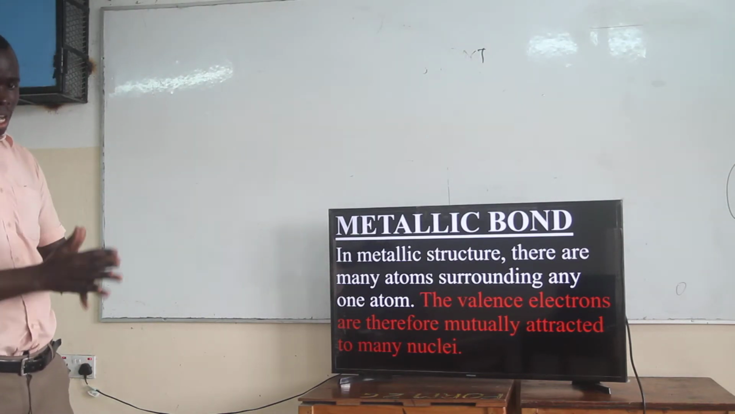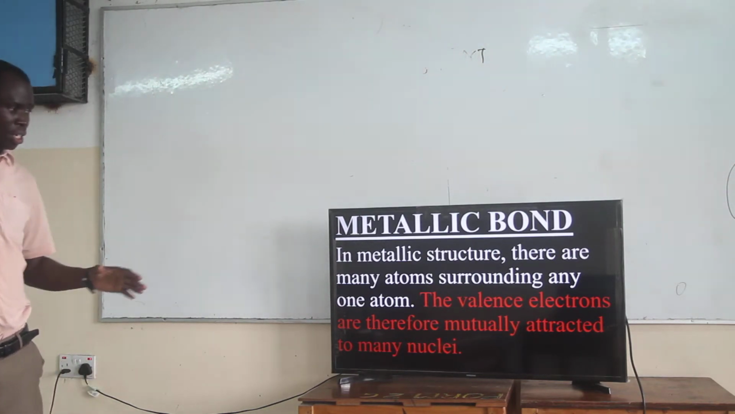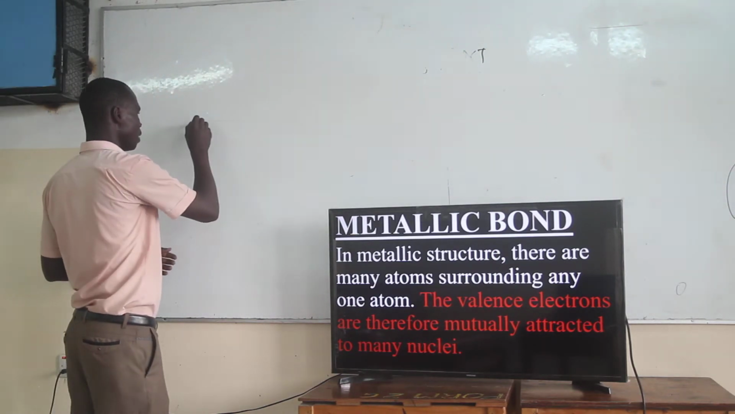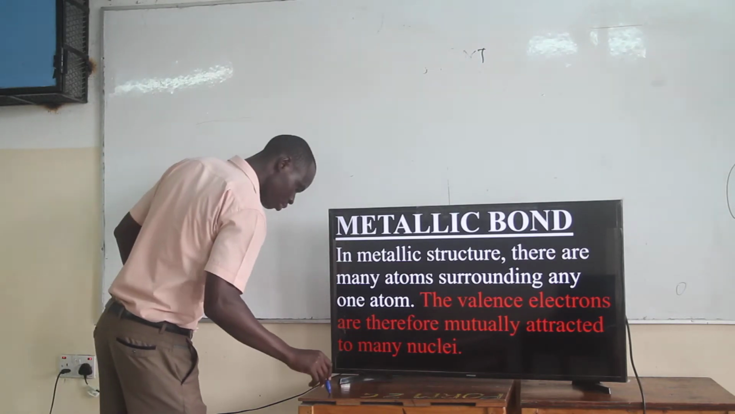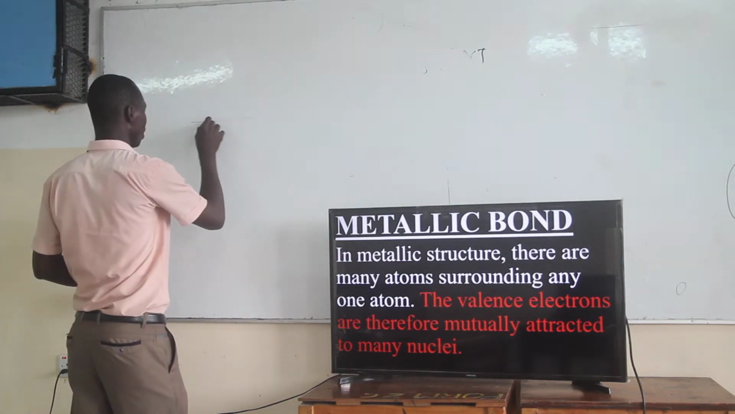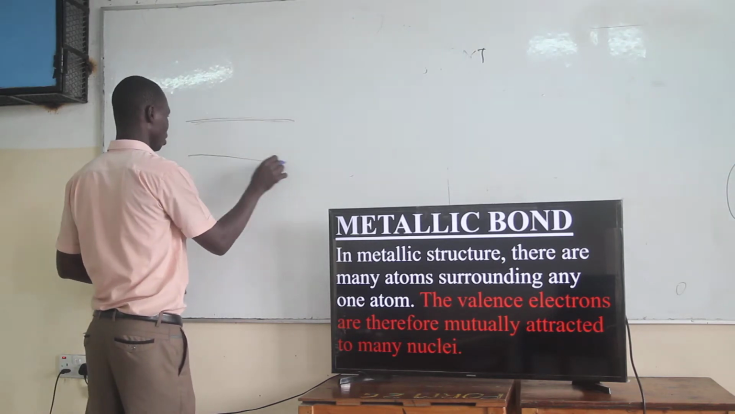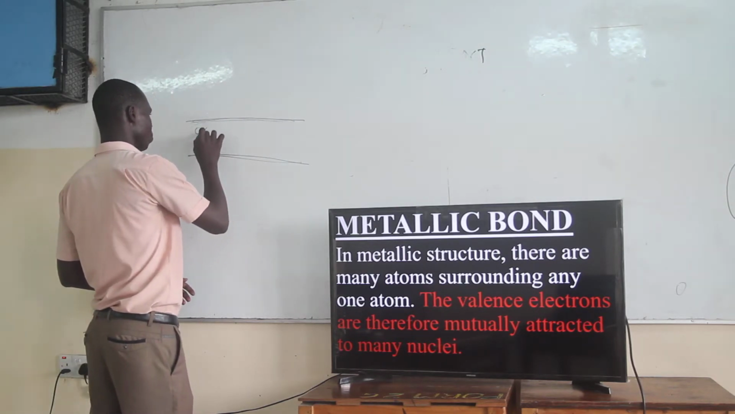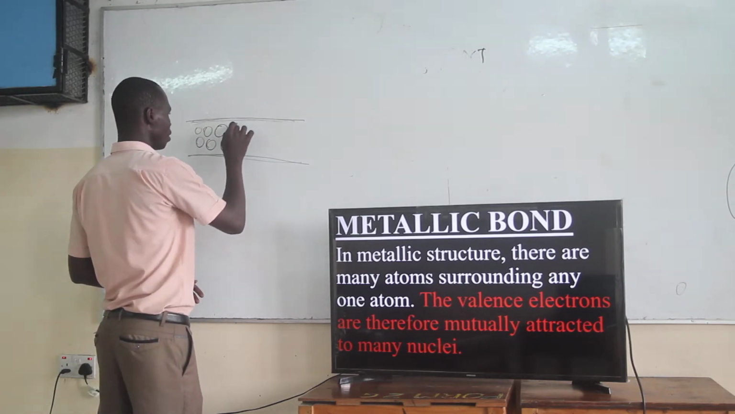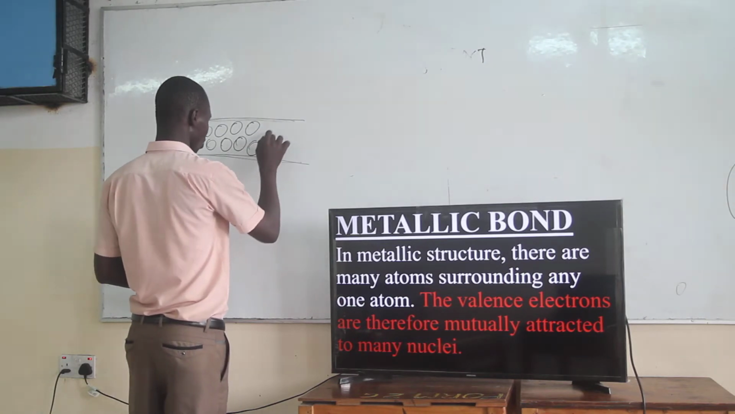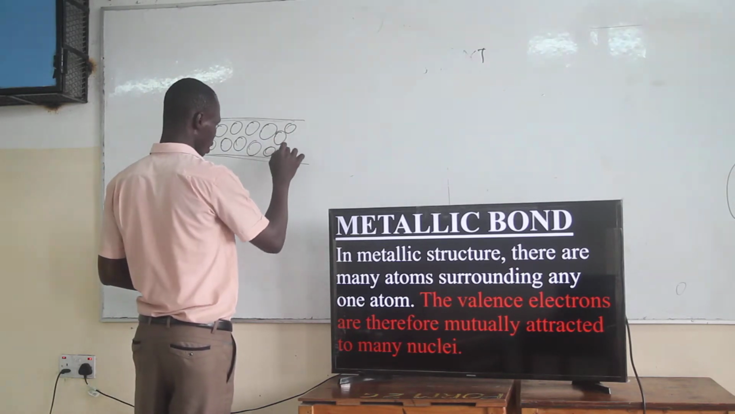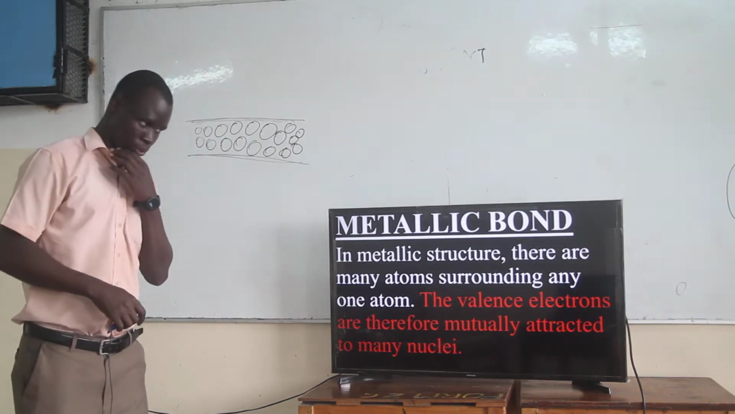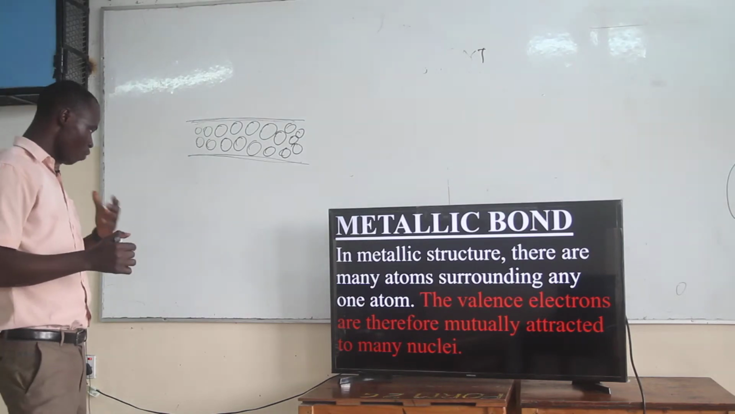In a metallic structure, we are going to have a metallic bar like this. And when we have a metallic bar, we have atoms within the metallic bar. Each and every one of these atoms is surrounded by millions and millions of atoms. And these atoms have two